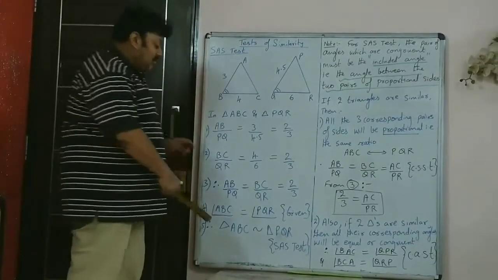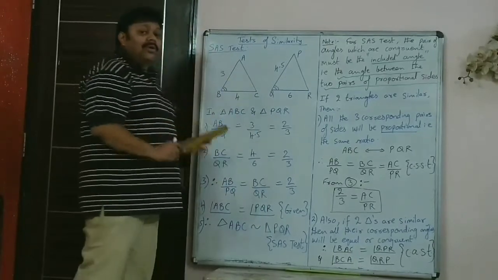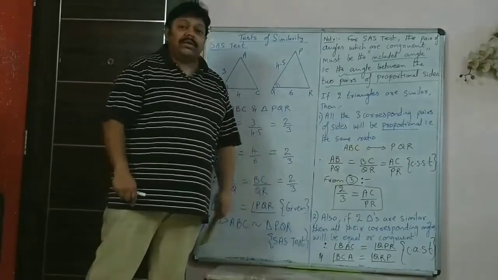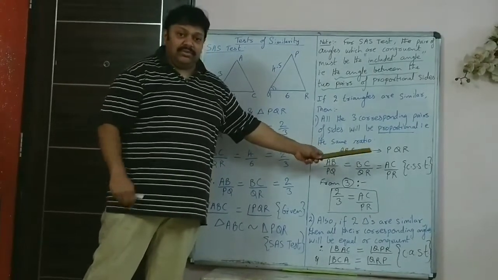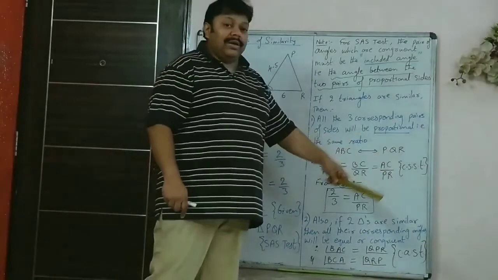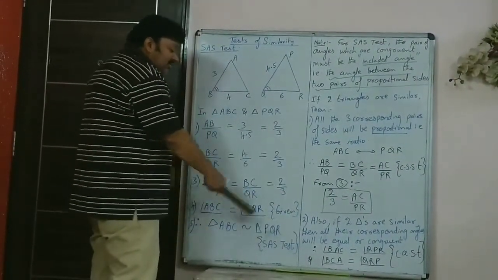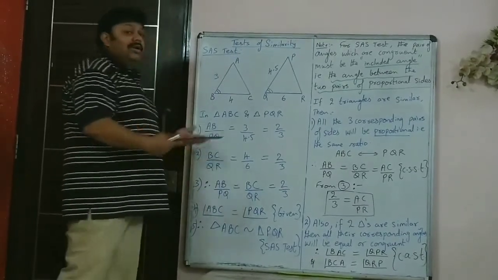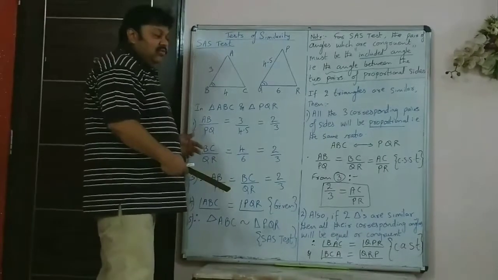So you can use this provided you have written this step in the proper one-to-one correspondence. It means you have to write triangle ABC is similar to triangle PQR. Had you written QPR, then that is not applicable. So always the final step should be in the proper one-to-one correspondence. When you do more sums, you will get used to it.